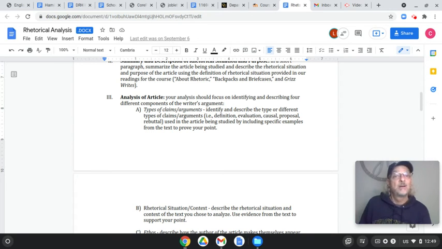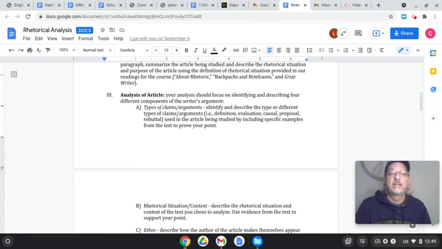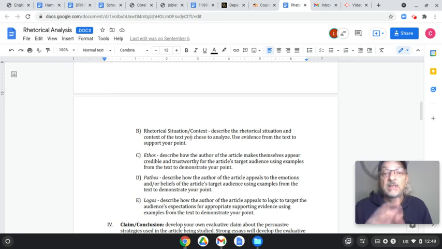So then I will find where exactly in the text I'm seeing this causal argument, and I can quote or I can paraphrase how the author is doing that, right? And then rhetorical situation context. I think this is where we were when I got cut off. So to help myself from that happening again, I put my timer up here.